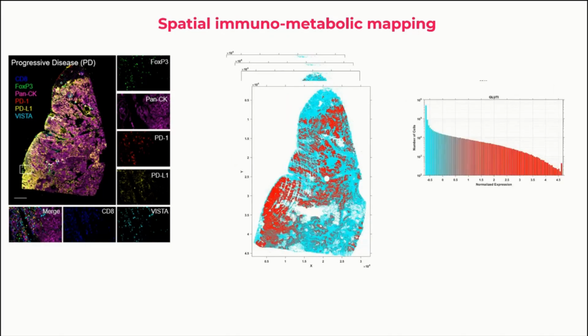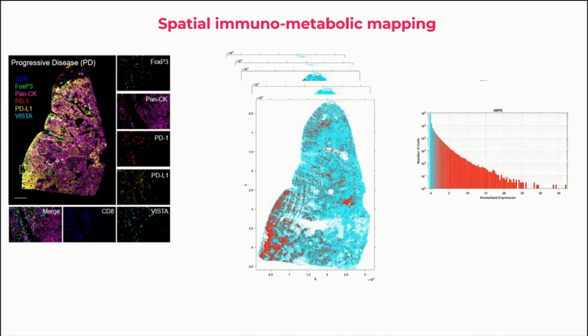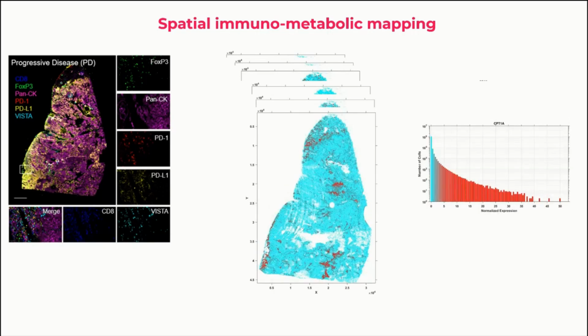GLUT1, almost a gradient-like expression across the whole tumor region. G6PD, again, a lower gradient, but it's again expressed in the tumor region specifically. CPT1A is a marker for fatty acid metabolism, and that's localizing to where the T cells are in this tumor. This tumor is not infiltrated by T cells,